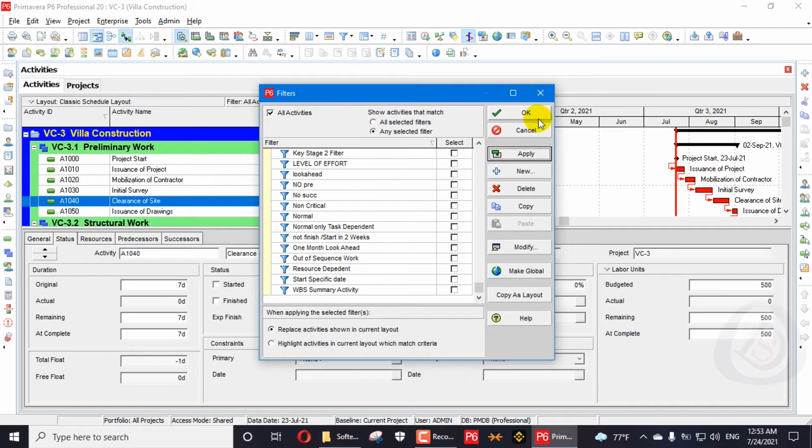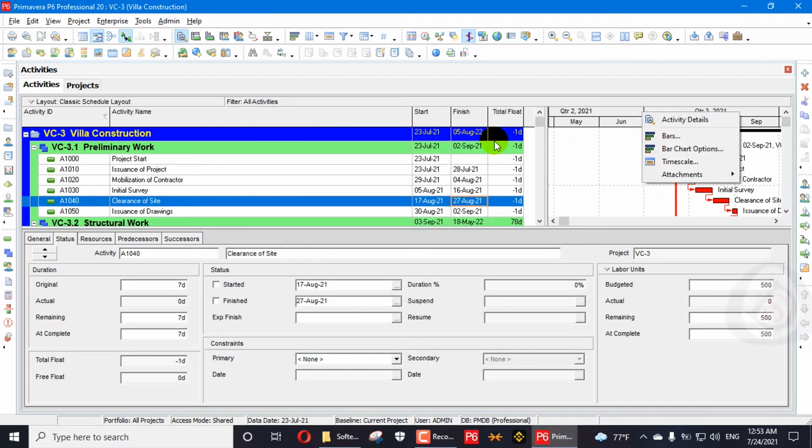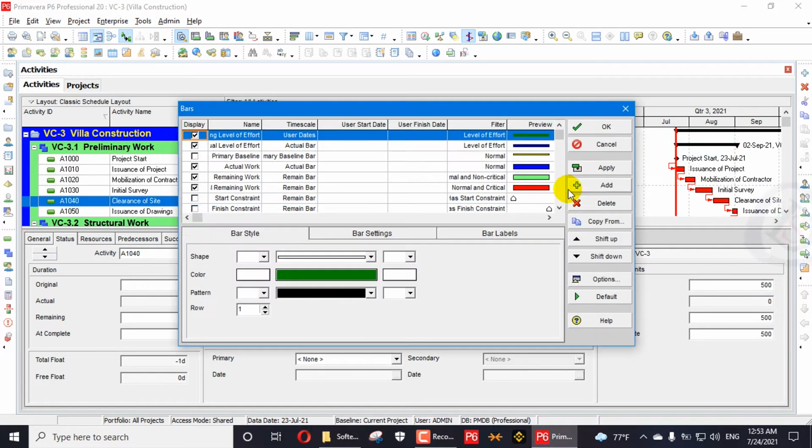All activities, press OK. Now we cannot print the highlighted activities, so we will create a new bar here.